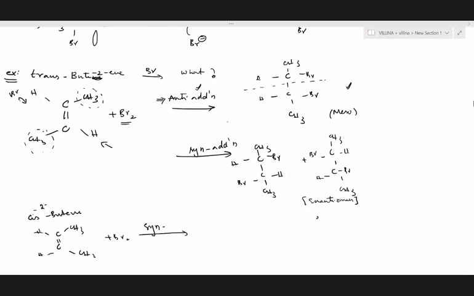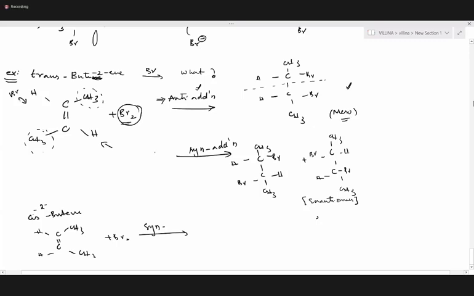Could you explain this in an anti-addition once again? Okay. So here, when we are adding bromines to the carbon-carbon double bond, in the case of the trans alkene, we will be adding bromines in an anti manner. Anti manner in the sense we will be adding one bromine on each of two different planes. So that will give us a meso compound. If we write the wedge-dash formula, we will get more clarity. But the thing is, anti-addition to this particular compound, trans-butene, will give a meso compound.